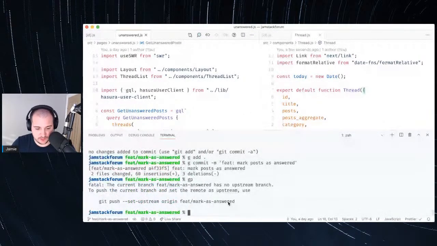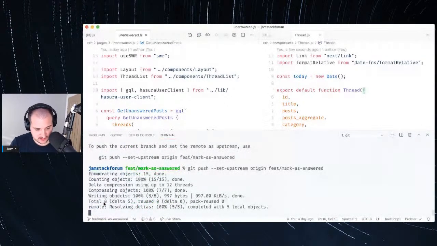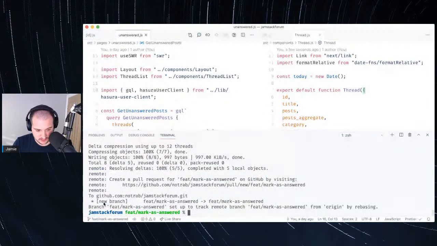We'll just push that up. I know we did a bit more in there, but I'm not being really strict on individual commits for this. Let's just get everything up online. Then we'll do git pr create